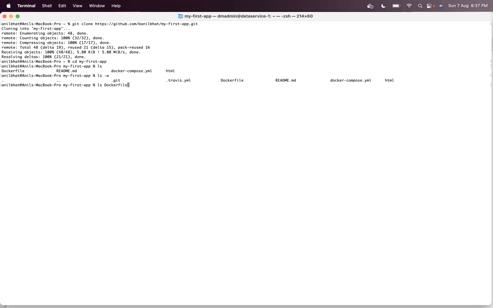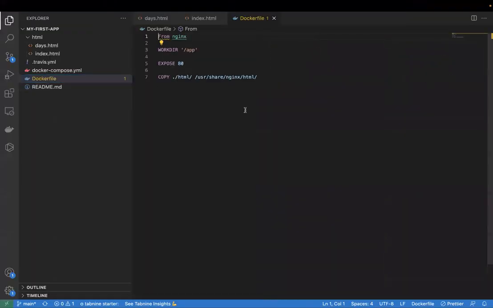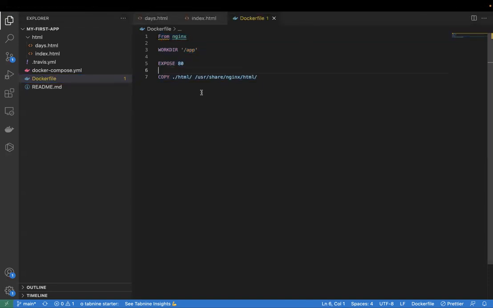The Dockerfile is well understood by the Docker CLI command tool. So if you run docker build, then it will automatically run whatever you have written in this particular file, the Dockerfile. So now we are going to understand how to write a Dockerfile. Go to this particular Dockerfile, and you can see these are the commands that we have already written in it. So let's try to understand what these commands actually mean.